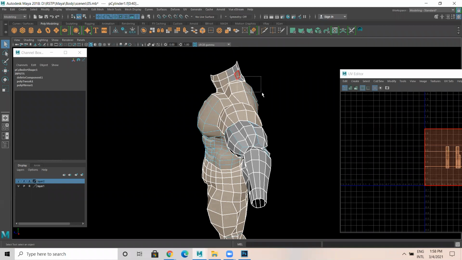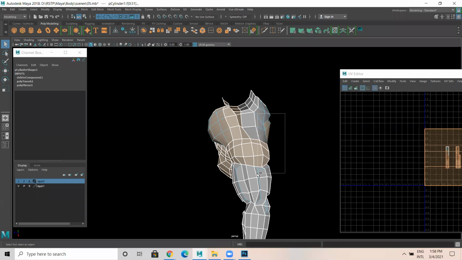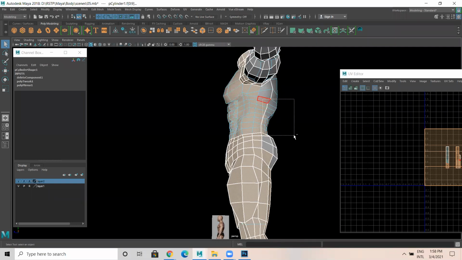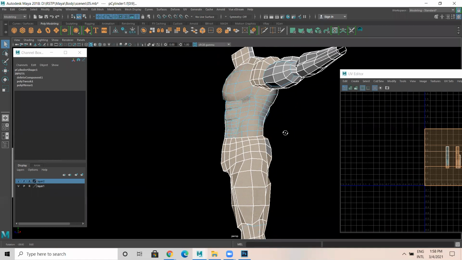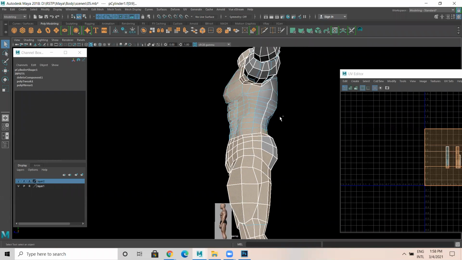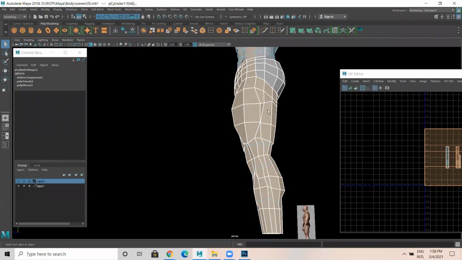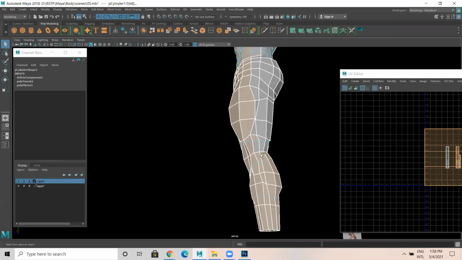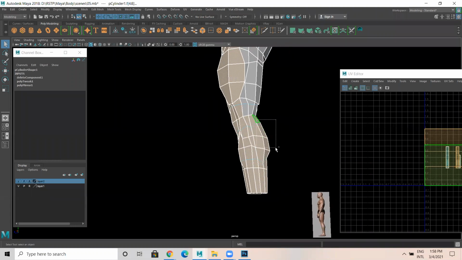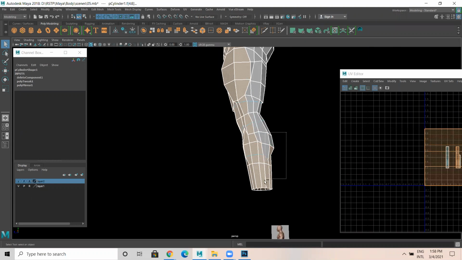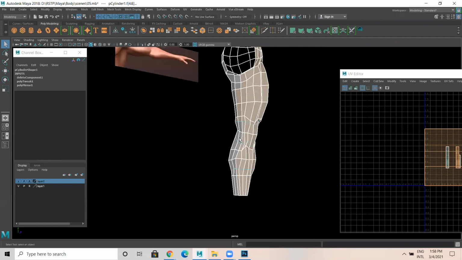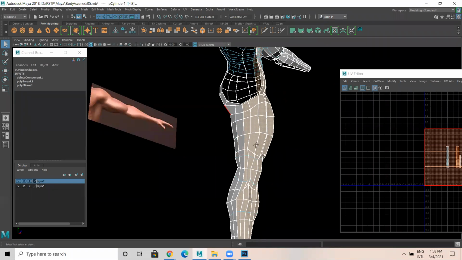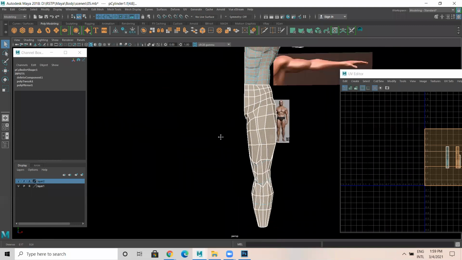I deselect this, and this, and this. Now I'll come to this side and deselect this area. I think the rest is fine. Only exactly the front part has been selected.